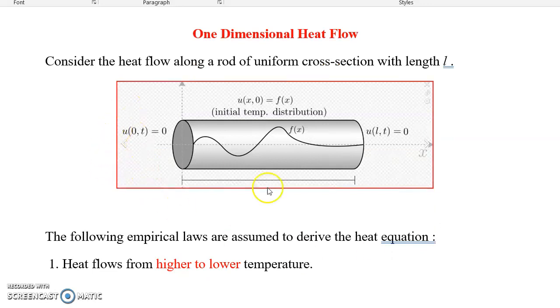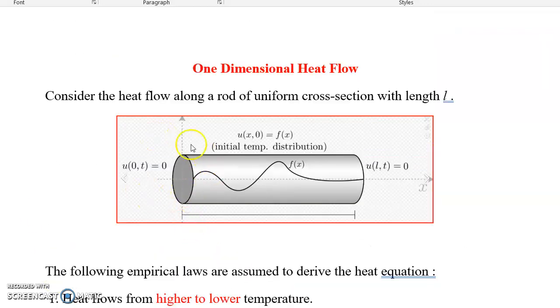So now let us take a rod. You can observe here, if you have a rod of length L, you can observe the heat flow along this particular direction along the x-axis, that is the horizontal position of the rod. Let us take it as the x-axis exactly. And so one end of the rod is taken as the origin. The other end of the rod will be, of course, x equal to L if the length of the rod is L.